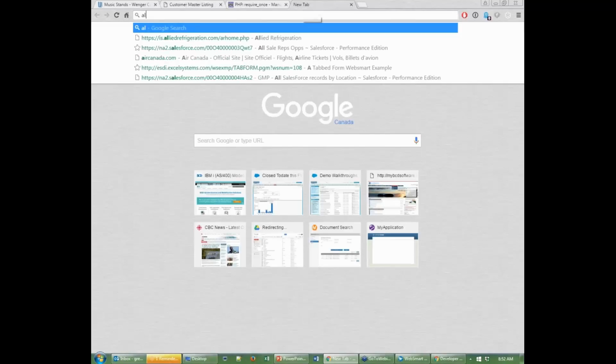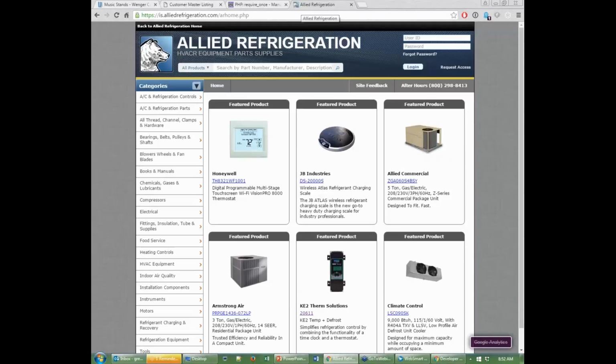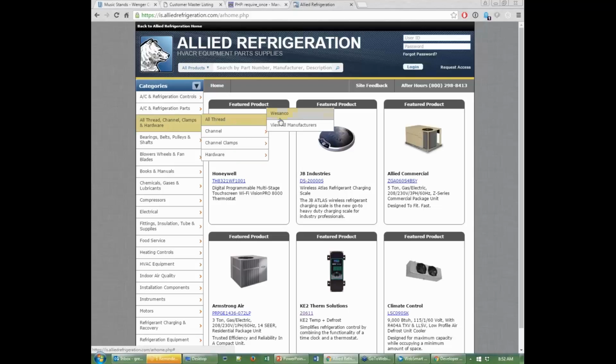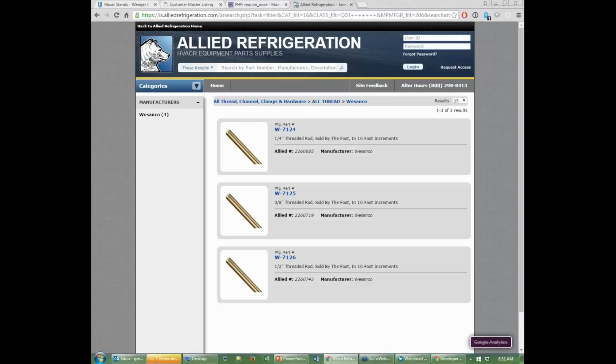So I just want to jump in to one of our customer sites here just to show it very quickly, just to go along with the other example that I showed. This is an e-commerce site. It's all been written using WebSmart PHP. All the menuing and everything, we've got different ways to be able to go in and view the different products